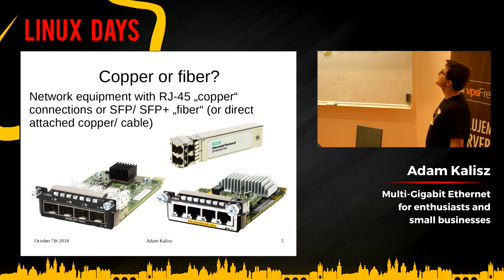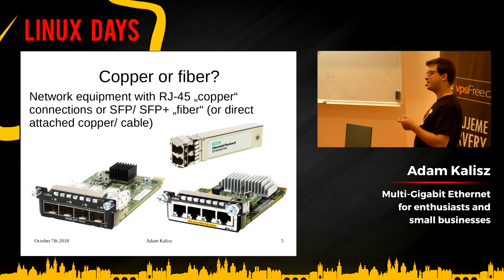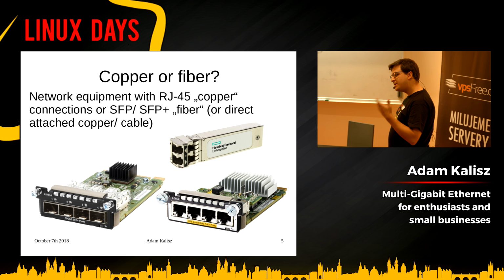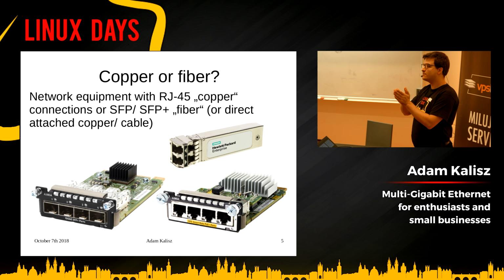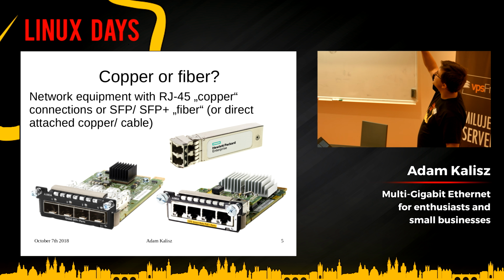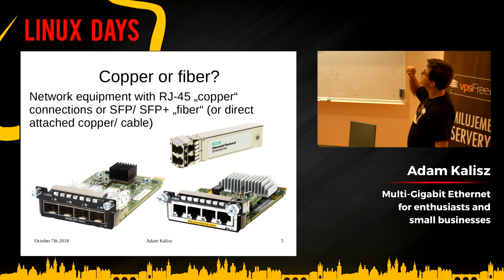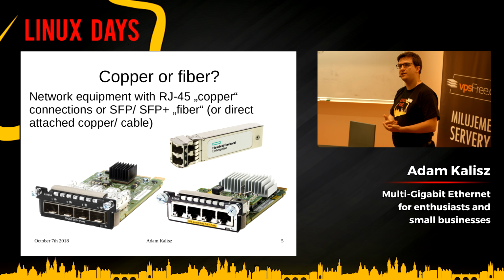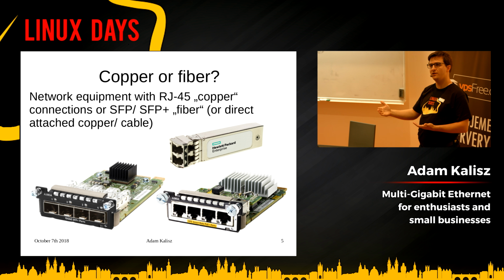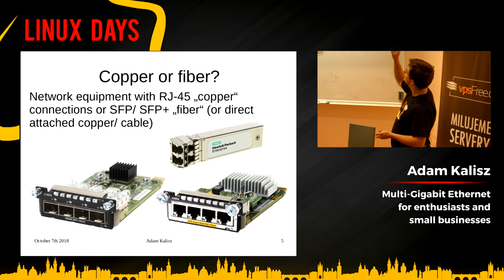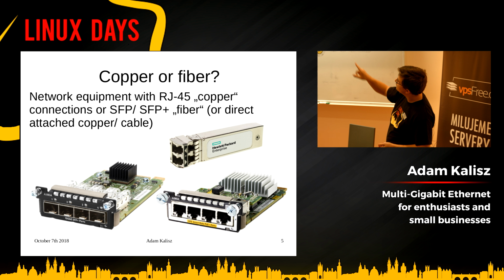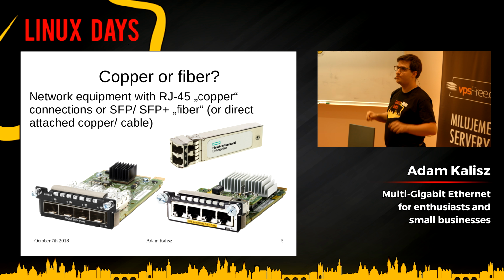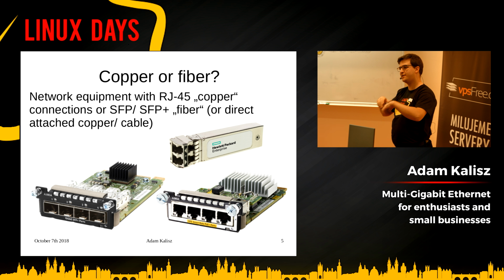On the top, there is a GBIC, transmitter and receiver in one piece. And you take these if you want to convert an electrical signal to optical signal and back again. And you stick those in these cages on the left and put an optical cable inside, and then you have